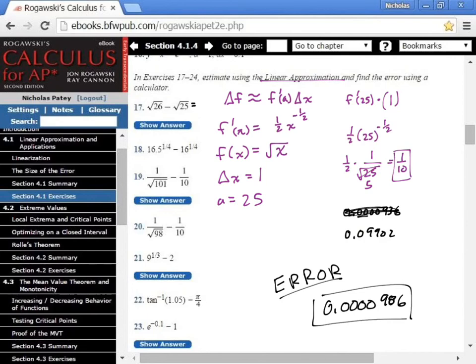If you wanted the percent, like I was trying to say, if we're trying to find the error percent, what you have to do is take this number, divide it by the actual number, which is 0.09902, and then multiply this by 100. That'll give you the error percent. But this just asks for the error number. So error